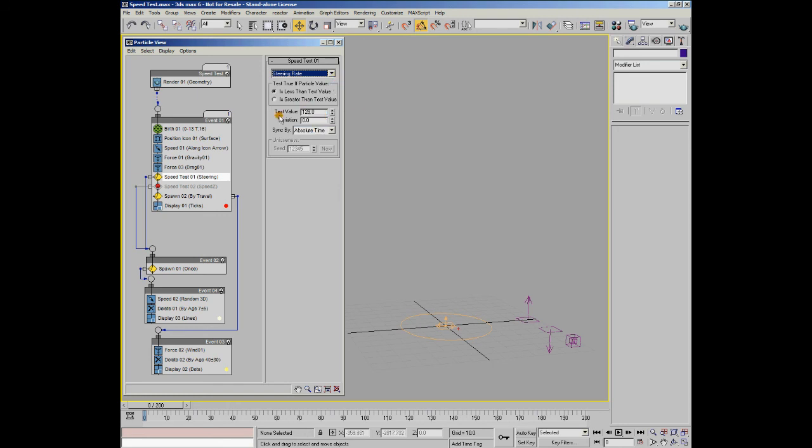All of the other options, you have these further options here. Then you have the test value, and that is obviously quite simply the value that you're testing for, whatever that may be. For instance, with steering rate, if you're using a test value of 128, it's going to look at the particle, and if it finds a test value which is less than that in this particular example, then it'll actually use that value and